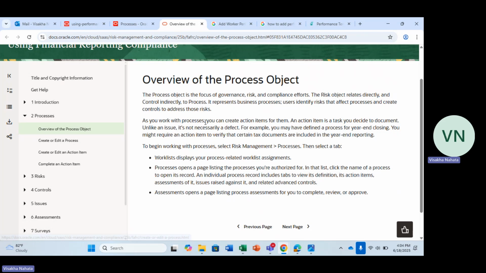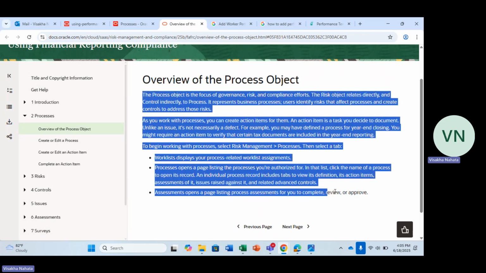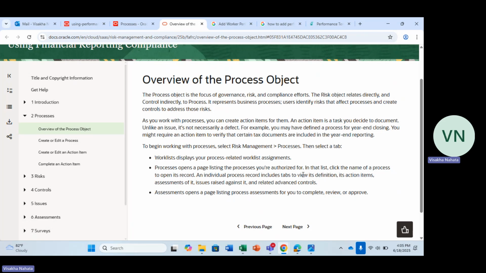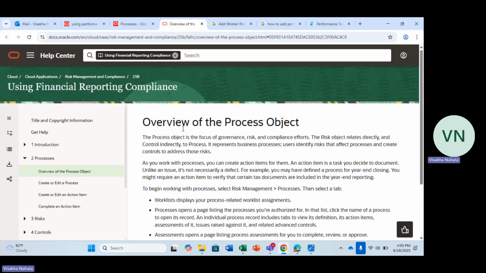But if we are very well versed with the document, then it becomes much easier to understand what the issue is and how to treat that particular issue. So I strongly suggest reading these documents thoroughly before going for implementation. So yes, this was still processes.